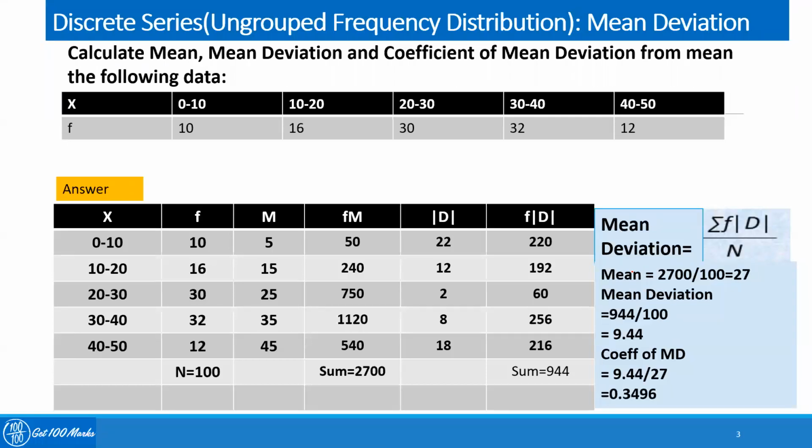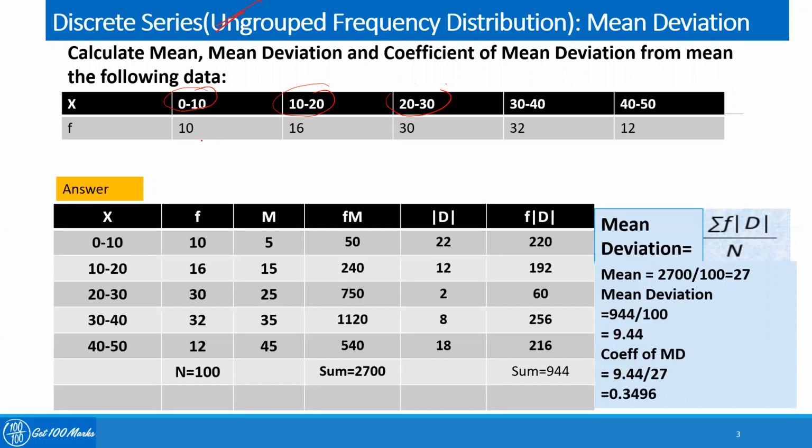Let's see how to calculate mean deviation from a grouped frequency distribution. This is not ungrouped, this will be a grouped frequency distribution. What do you mean by grouped frequency distribution? As I already discussed, grouped means there will be class intervals like 0 to 10, 10 to 20, 20 to 30. So we basically have the class interval or class boundary, and in that interval, the frequency is given. In this particular question, we calculate the mean deviation when x is given as 0 to 10, 10 to 20, 20 to 30, 30 to 40, 40 to 50, and for each class interval the frequencies are given.